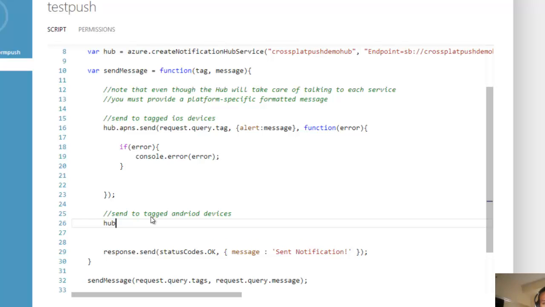What we're going to do is use the same hub object, and the Node.js documentation is also at the bottom of this video. Hub.gcm, which is Google Cloud Messaging Service, .send, and I'm taking some query parameters from the request. This is very similar to Express. So request.query.tag. We'll take the tag of what the person wanted to send us,